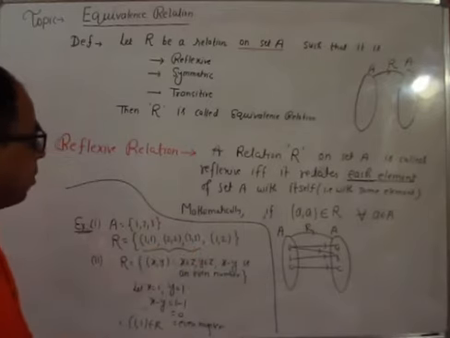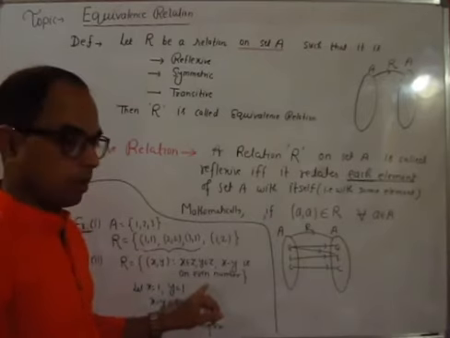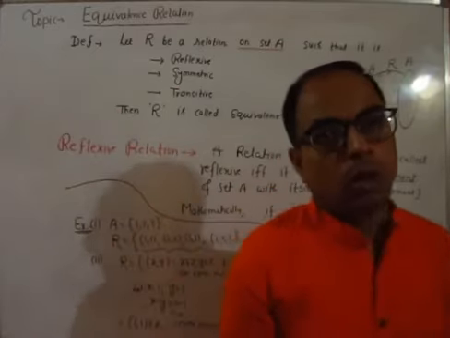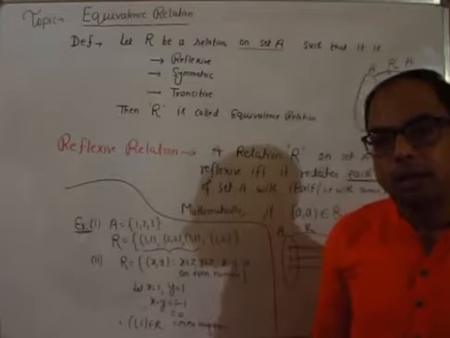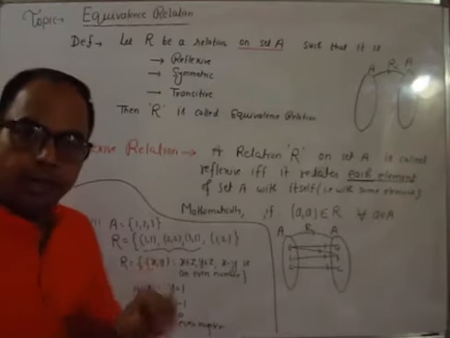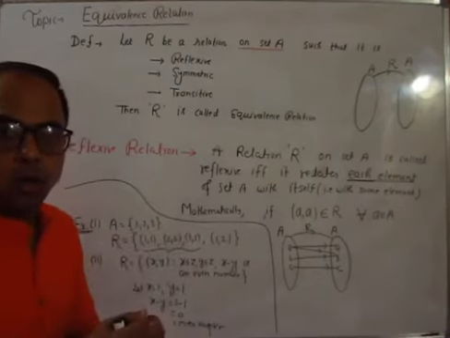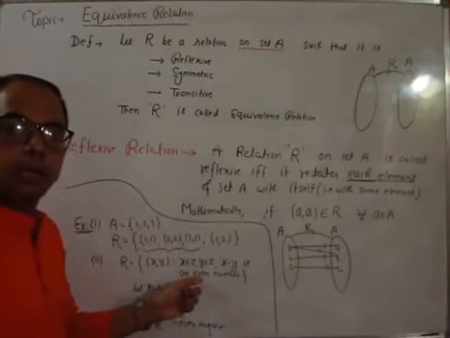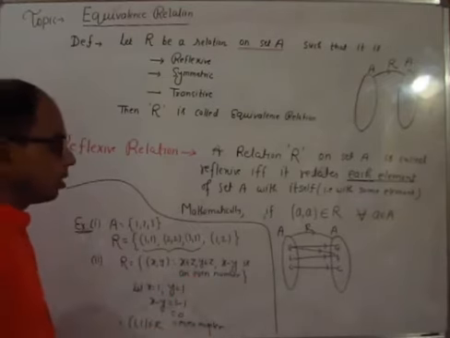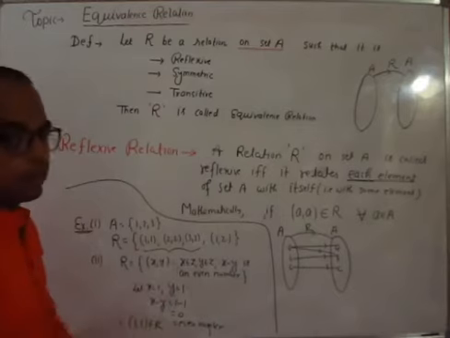Now the problem arises when the relation is given in set builder form. If this type of relation is given to you, then we have to decide very carefully whether it is reflexive or not. If we have to prove that this is not a reflexive relation, then it is very easy. If you are able to show any one example which does not satisfy this relation, then we can say that it is not reflexive. But if we have to prove that it is reflexive, then by one example we cannot say that it is reflexive.